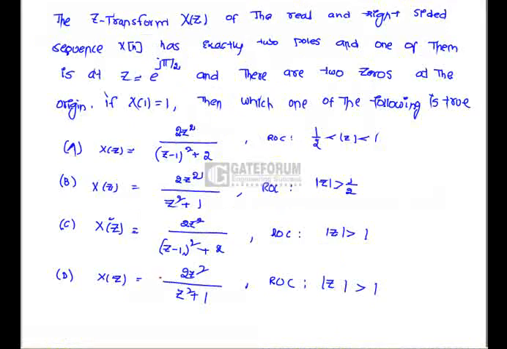The Z transform of the real and right-sided sequence x of n has two poles, and one of them is at z equals e power j pi by 2, and there are two zeros at the origin. If x of 1 equals 1, then which one of the following is true? That is, here x of z can be written as